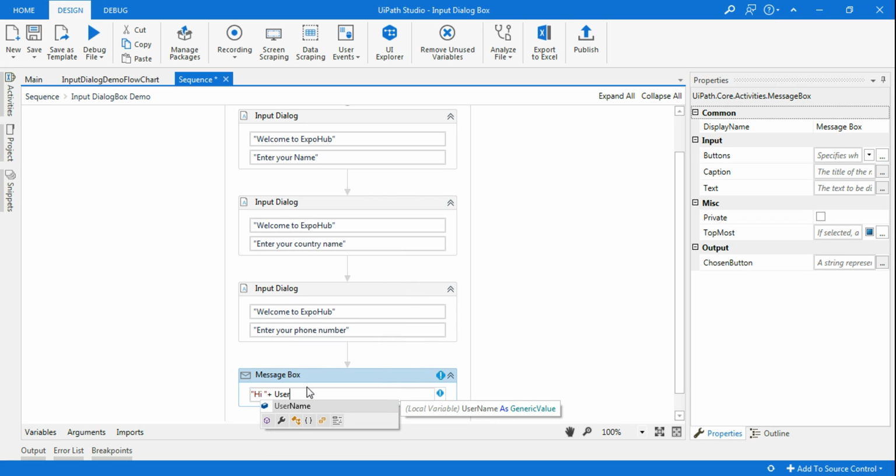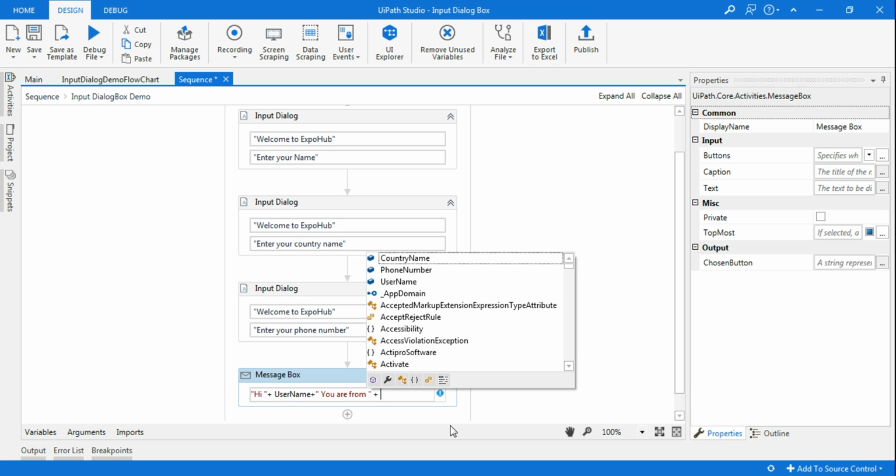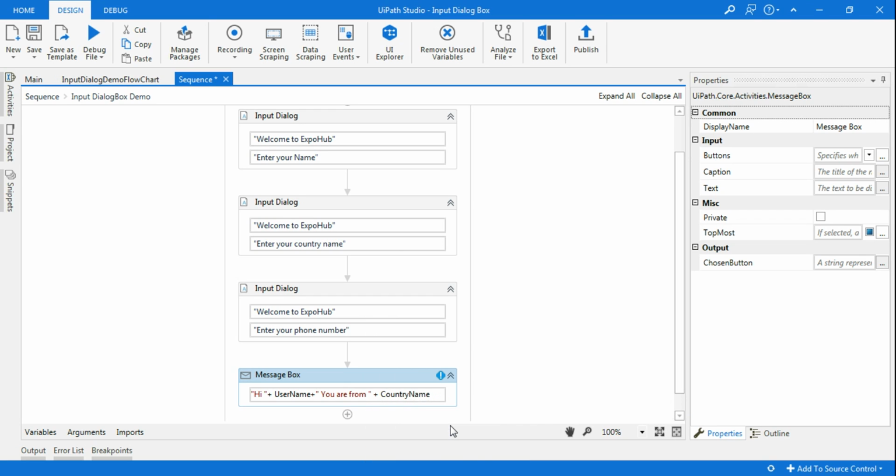Hi, whatever the username is, plus sign, and say give a space, you are from, right? Give a space, plus sign, then use the variable country name, plus sign, so it will say hi Rakesh, you